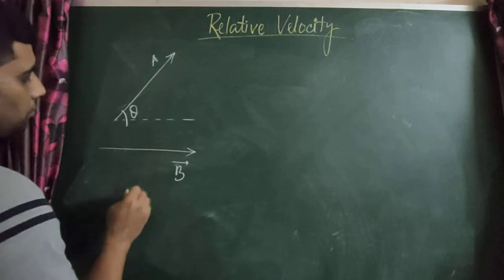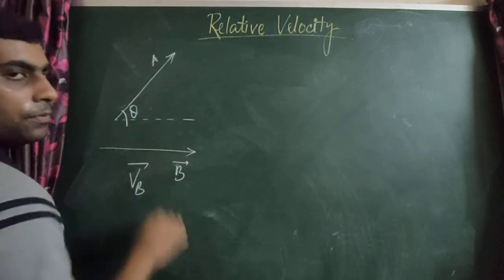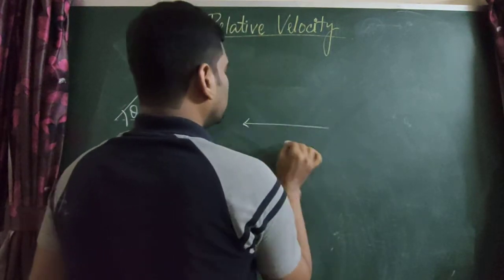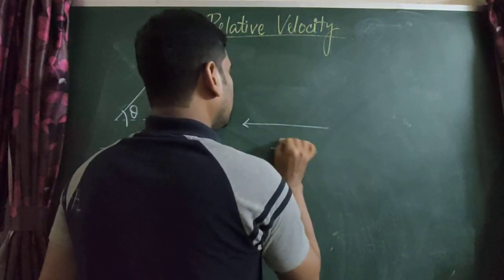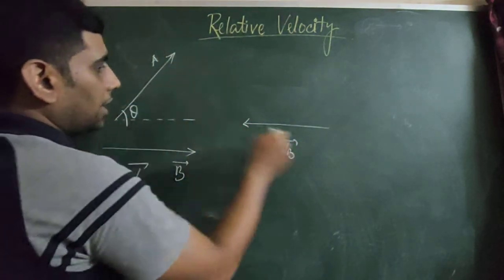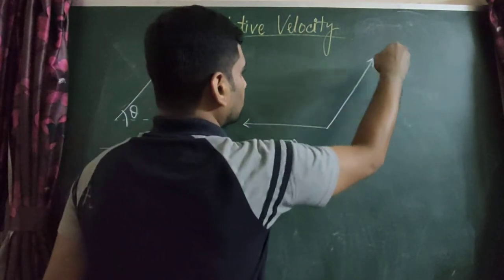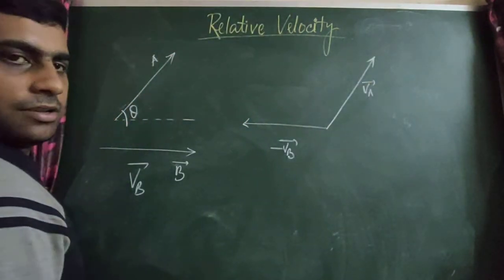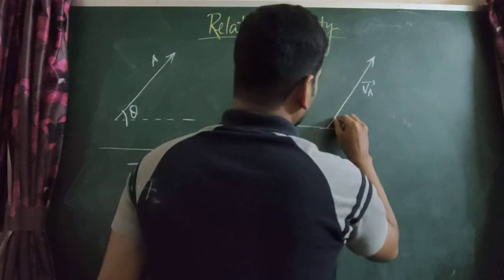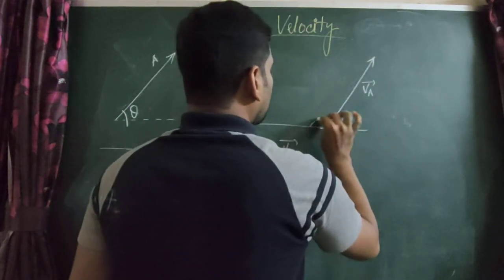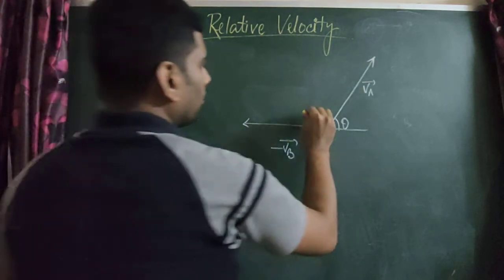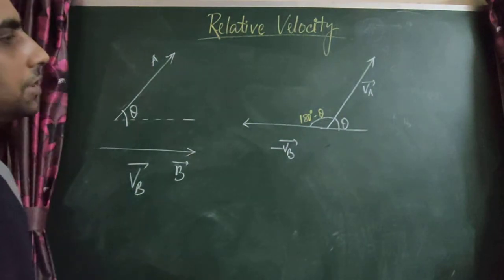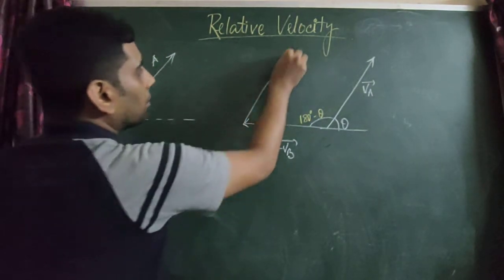First, this VB we will reverse, we will take minus VB. So this becomes minus VB, right? This is minus VB. With that, we have to add VA, so this is VA. The angle between them is theta, so what is this angle? This will be 180 degrees minus theta, right? Now if I complete the parallelogram,